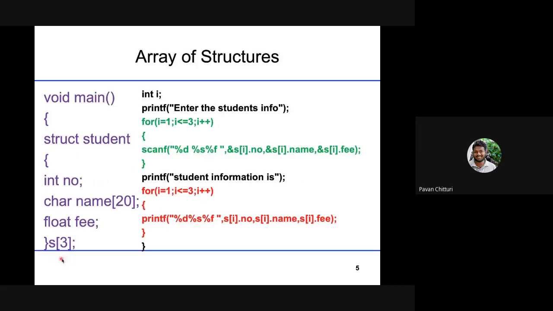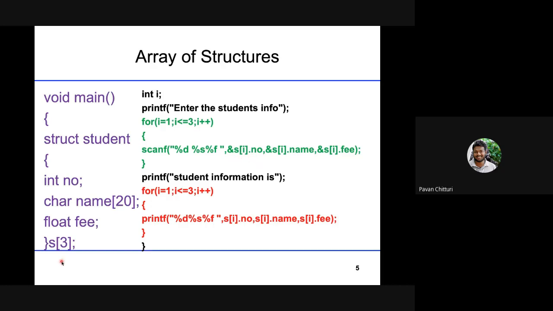So if you are having an array, by default you have to use a for loop to get the data. There is no other way that we can get the data from the user in a different manner. So if you have an array, it is mandatory to use a for loop to get the data into the array from the user one by one. For that, I am getting the data from the user and storing it into the respective index positions.